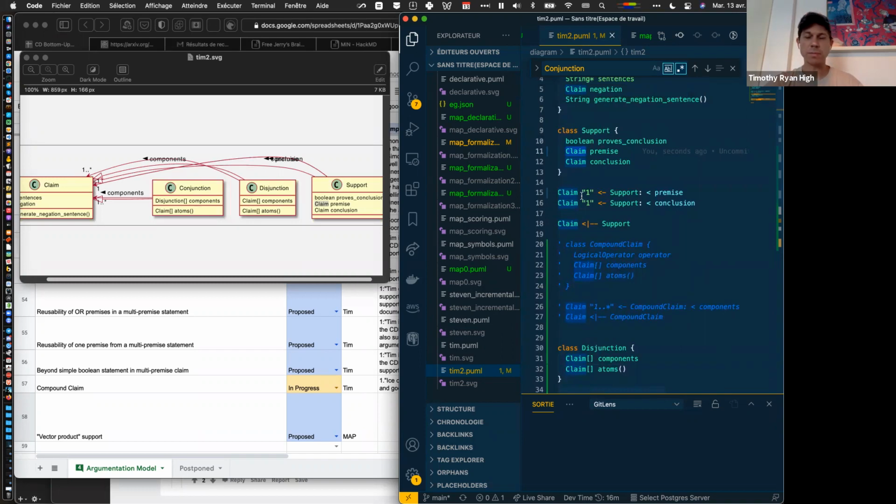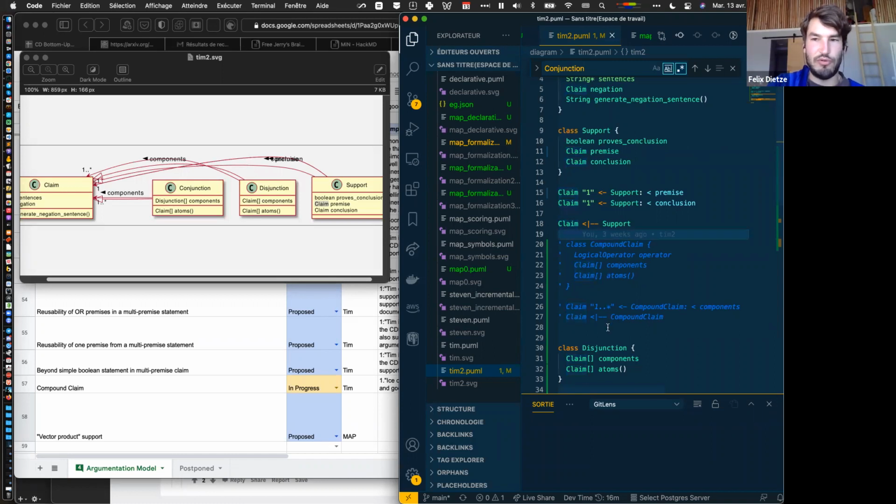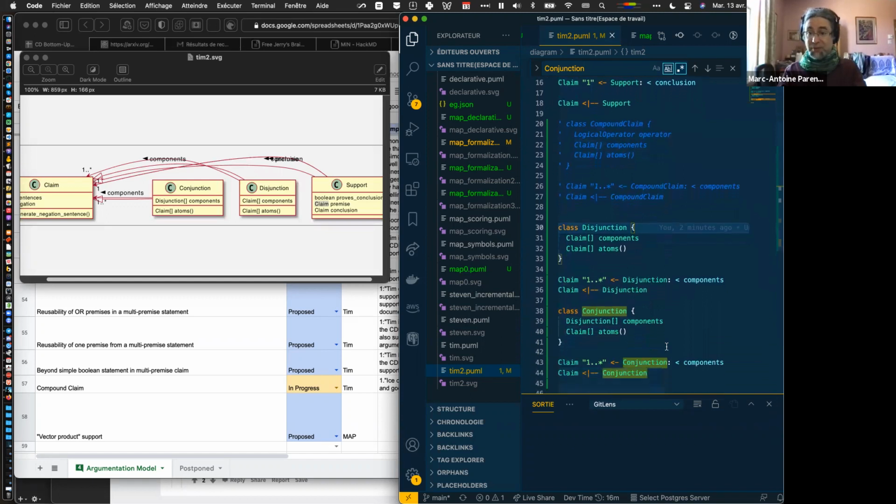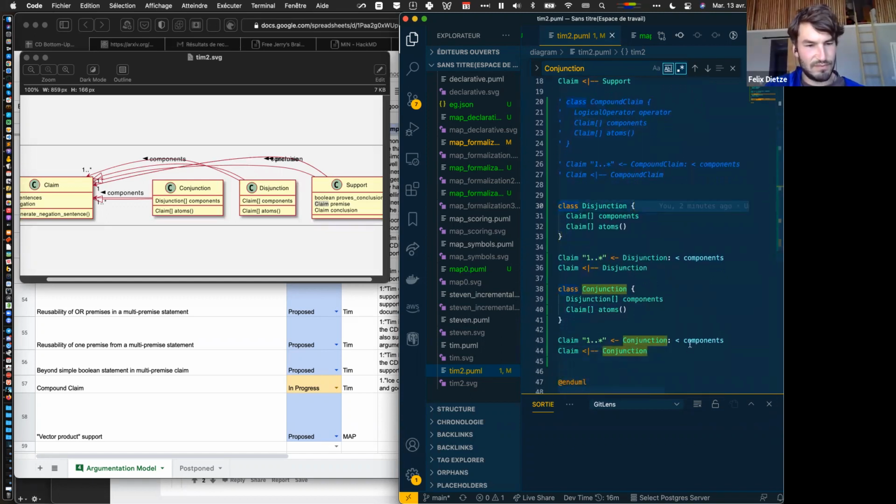But then you get back to the problem of you can't just state a compound claim. Then it has to be put inside a support. That's a very good point. Yeah, true. Thank you, Tim. The reason I hate it is that, okay, how do I do my vector? How do I do this? How do I do a mathematical formula, which is a need, a Bayesian formula. The alternative you're proposing is basically saying, okay, we model a formula with operators. Yes. Now one thing that is possible, which is a kind of in-between thing.